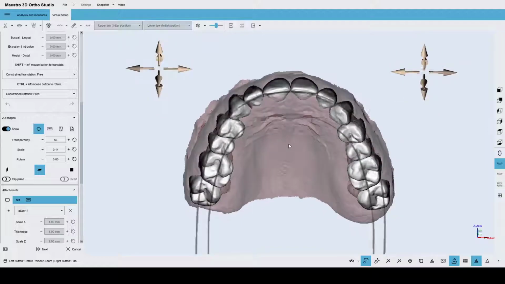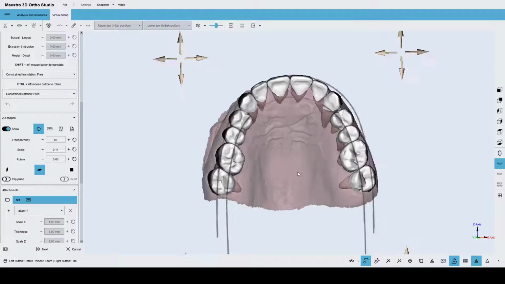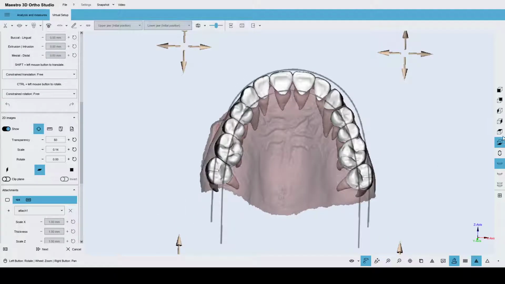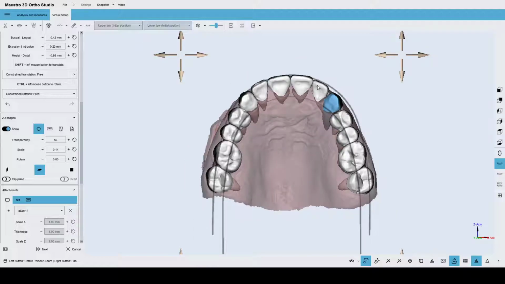So in this case, you see that I have an arch that I can superimpose on my models, and you can see that in this way this tool can be helpful to perform some alignment, having some reference on the model itself. You can see that the arch is more or less aligned to my model. I can still, you see, perform some adjustment. So in this way, you have a very powerful way to move the teeth